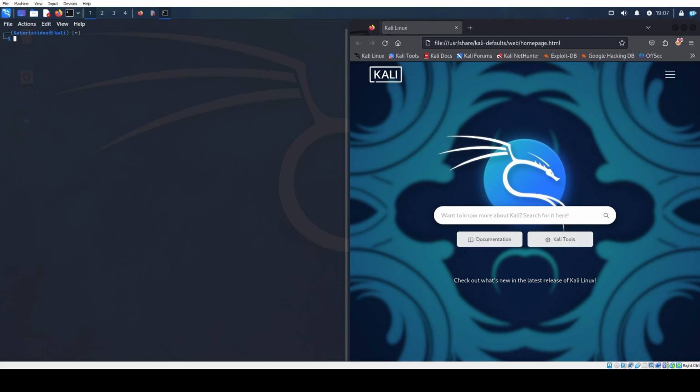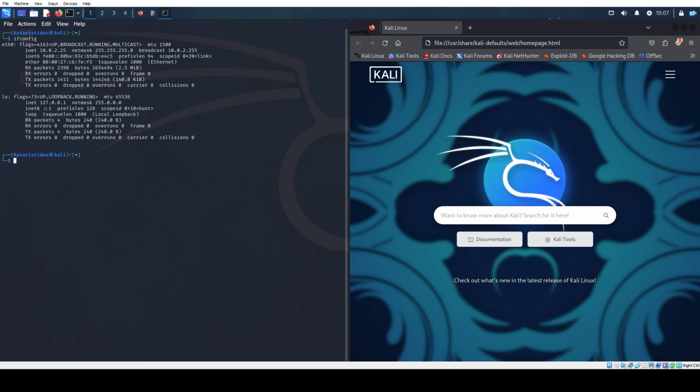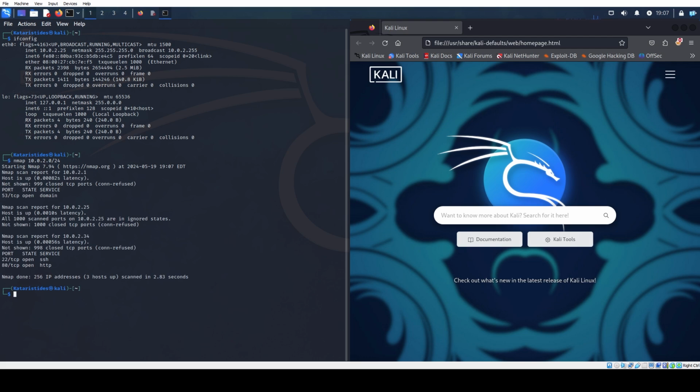The first step of any challenge is to identify the target machine. To do this, we first use the ifconfig command to find our host machine's IP address. In my case, that is 10.0.2.25, so I can use the nmap tool to scan for everything on the 10.0.2.something network with the command nmap 10.0.2.0/24. We can see our target machine there with an IP of